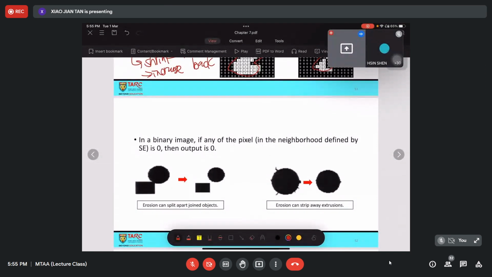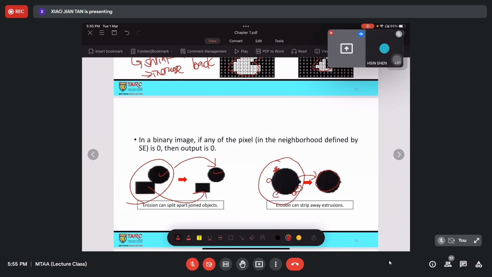So actually erosion can be used to separate two objects which are joined together, something like this one. But nonetheless, after you perform erosion, you would expect a reduction in size. So that is why the size of this one and this one is smaller, and this is small as well. You can use erosion to reduce these objects, but you are also reducing the size overall. So this is the effect of using erosion and dilation.